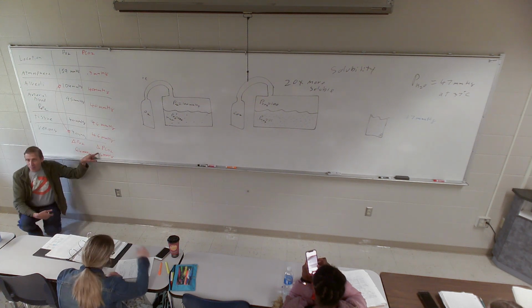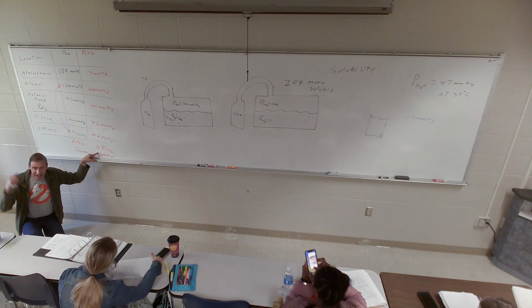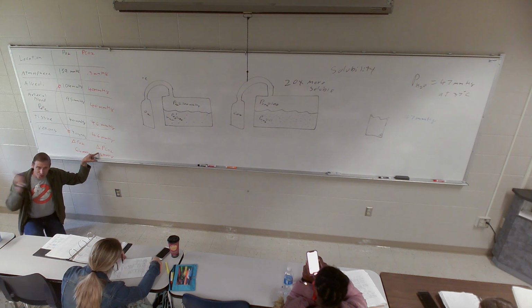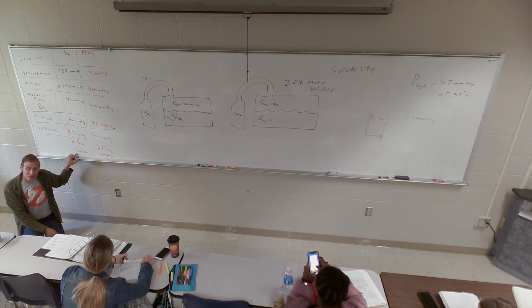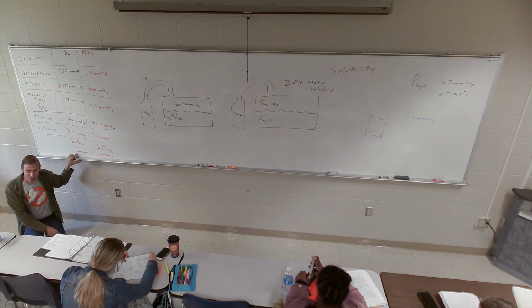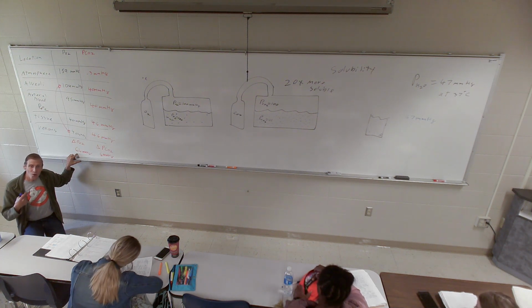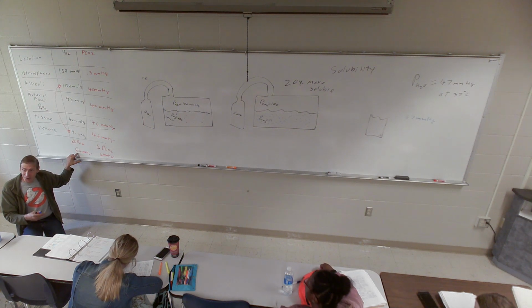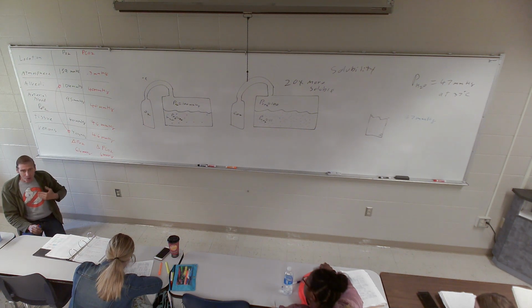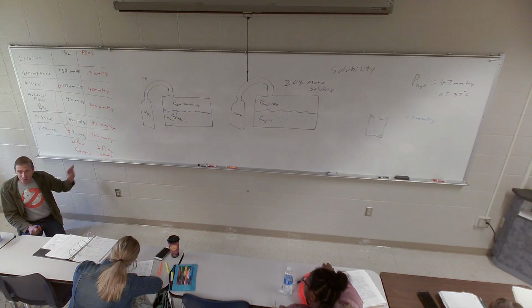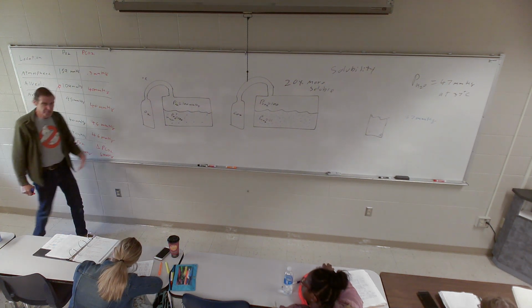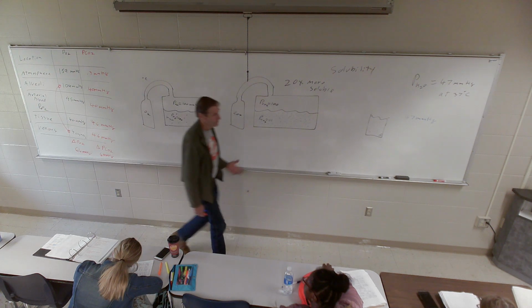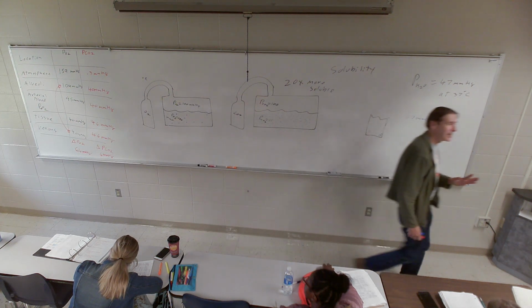Because CO2 is much more soluble, you don't need as big a concentration gradient to move just as many molecules. Oxygen, on the other hand, is very insoluble. It's not very soluble in water. So in order to move the same amount of oxygen as CO2, you need a much higher concentration gradient. That's why the partial pressure gradient for oxygen has to be so high. It's because oxygen is really hard to move. CO2, it's easy to move. That's Henry's law.